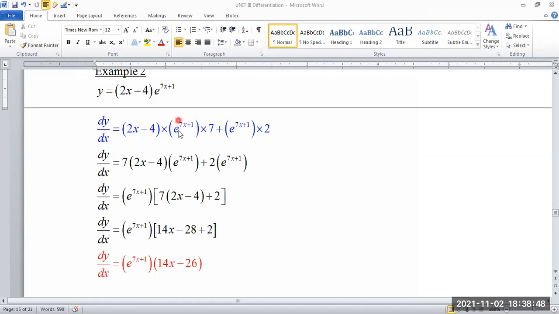See it right in here. And then now I must differentiate the 7x plus 1. And when I differentiate the 7x plus 1, I'm going to get 7. So it is the first times the differentiation of the second plus the second. So I'm going to put back plus this. And then times the differentiation of the first. So when I differentiate the first, I'm going to get 2. Why do I have this in blue? Because the differentiation ends right there. We need to fix it up now.